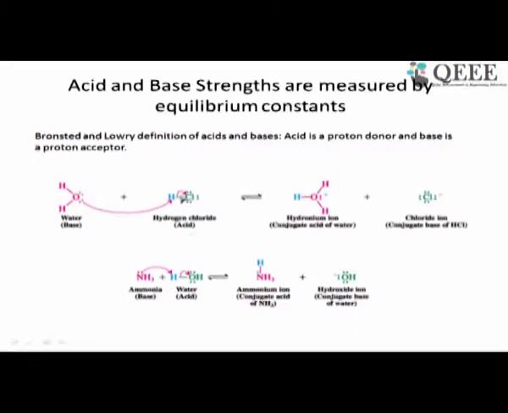When you put HCl into water, HCl is basically a gas. In other words, when you bubble HCl into water, the water oxygen has electron-rich lone pairs in it. The water molecule's oxygen has two lone pairs, and these are electron-rich centers, so they try to approach electron-deficient centers. HCl has a polar covalent bond, and when you put it into water, a lone pair of oxygen attacks this H, and forms a hydronium ion and a conjugate